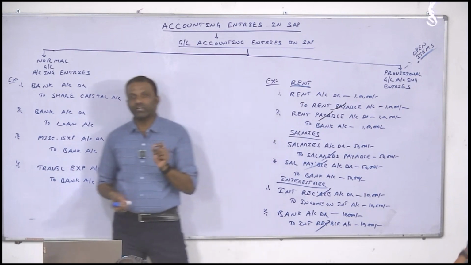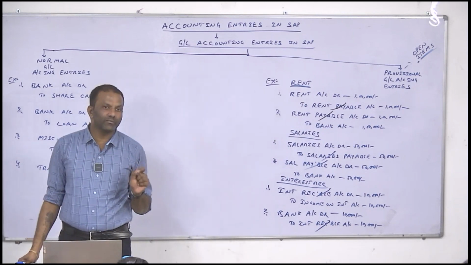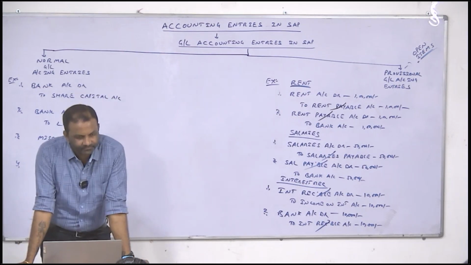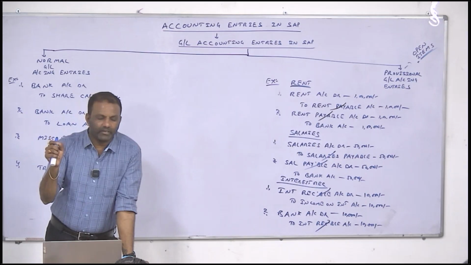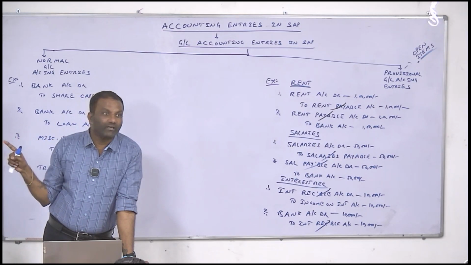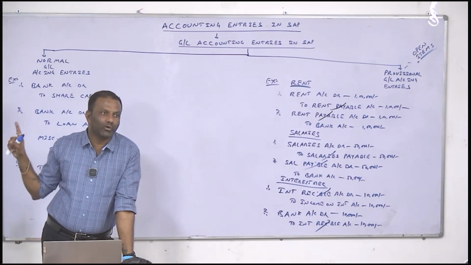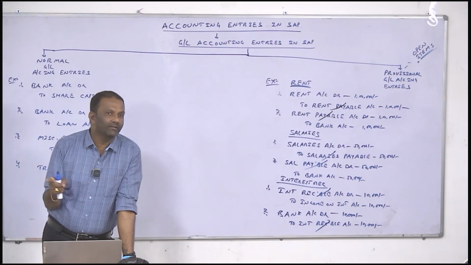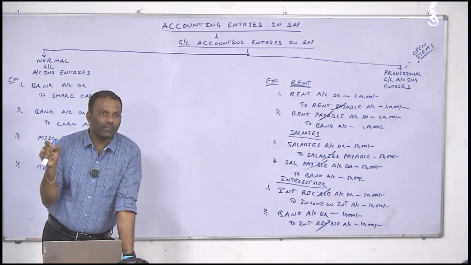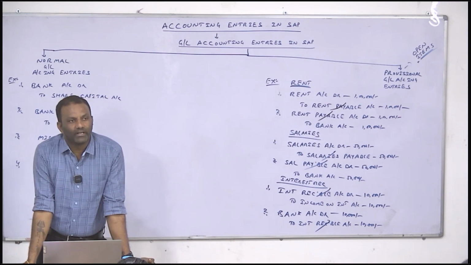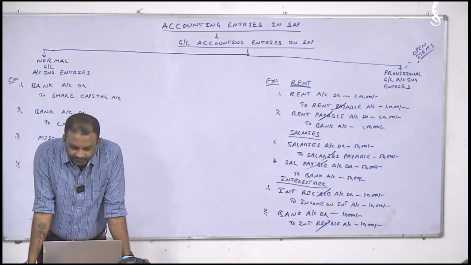Those types of GLs, how will we activate them? We always treat those types of GLs as open item management GLs. What are open item management GLs? Open item management GLs are nothing but GLs where the user posts corresponding accounting entries with respect to previous accounting entries to knock off the respective GL balances. Those types of GLs we should activate as open item management GLs. Example.